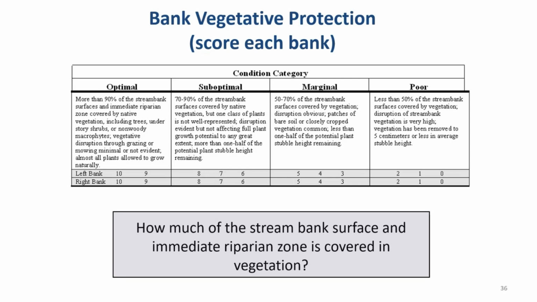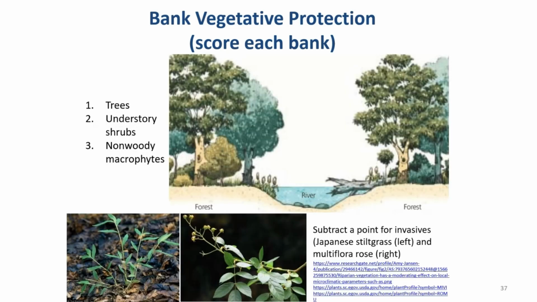And you'll notice in this section that it also talks about native vegetation, and not everybody knows their plant identification, and that's fine. If you do know your plant identification and you observe that there's a lot of invasive species, you can subtract 1 point for each